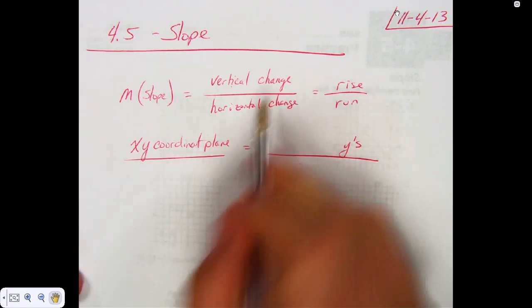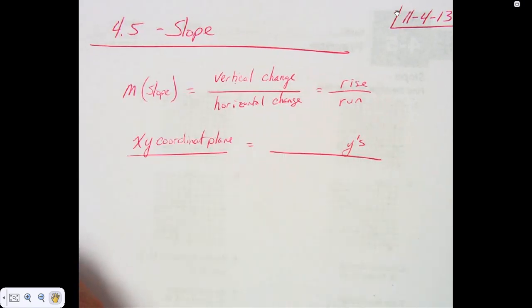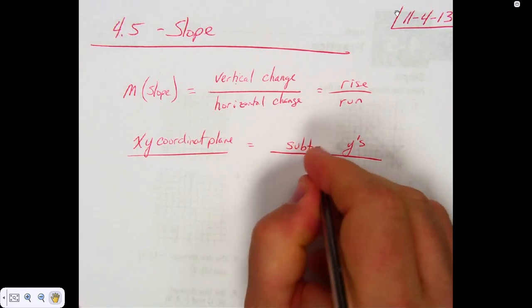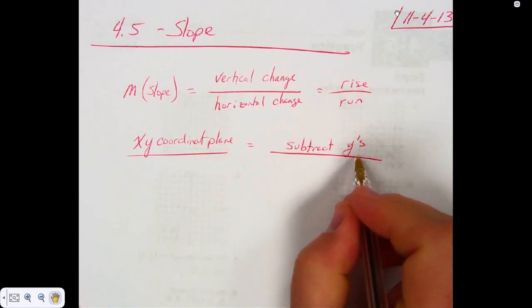Do you know what the word change means in geometry or in math? Think about it like this. If 5 changed to 3, how much did it change? 2. If 10 changed to 7, 3. It changed 3, didn't it? Okay, what am I doing each time there? Subtracting. Believe it or not, change means subtract. So subtract your Y's over,